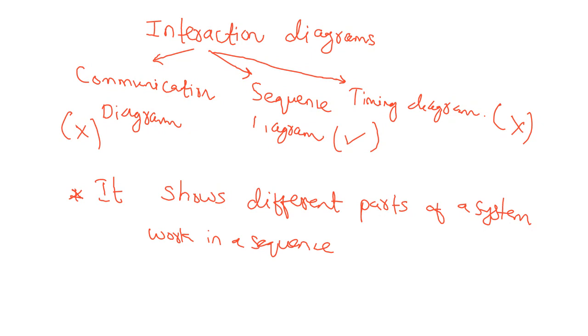Now we have some sequence diagram notations. Each object in a sequence diagram has a column, and the messages exchanged between them are represented by some symbols which I'll show you. For example, I'm just changing the slide now, so I'll go to another slide, slide number 2.